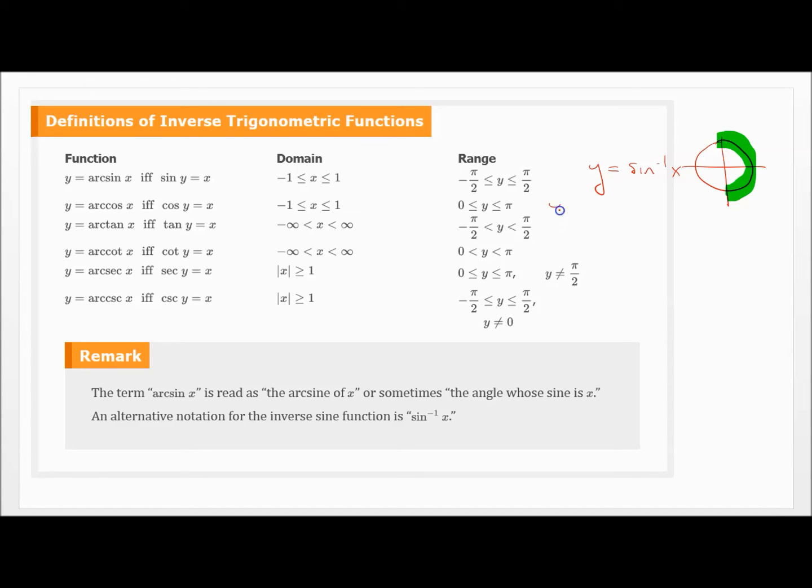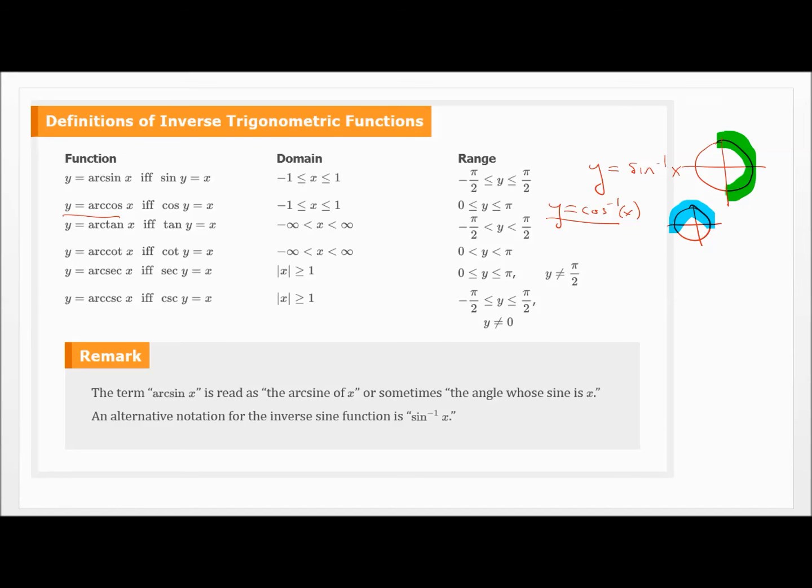another way to write that is y is equal to the inverse cosine of x. They are the same function, this function and this function. Notice once again the domain is between -1 and 1, so you cannot evaluate the arc cosine of 4 because it's outside of this domain. But notice the answers, the range is between 0 and pi. So if you think about that in terms of the unit circle, you're only talking about the top half of